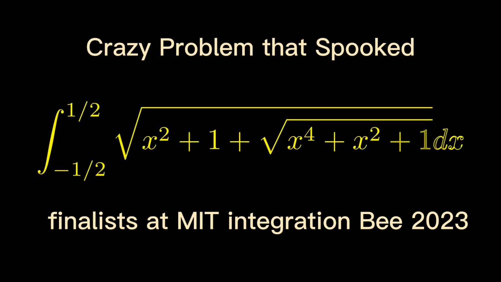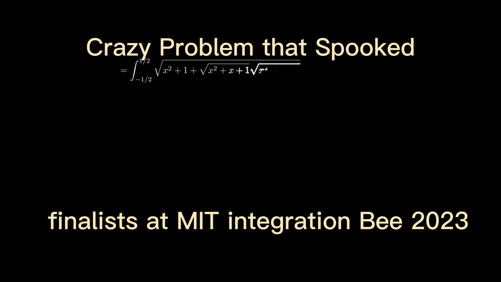So this is one of the questions at the MIT Integration Bee Finals 2023. It looks very benign and simple from the very outset, but it's a very difficult problem. So we'll attempt to solve it looking at the x to the power 4 plus x squared plus 1 component